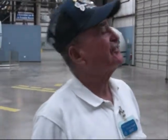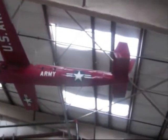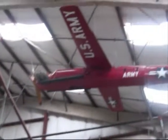Not many shot down. Well, this is a fake one? That's the target drone. It's the one they shot at. That's a target, and it was maneuverable. Radio control. Oh, okay. And if they shot it down, it's gone. Yeah, but most of them were not shot down. When it ran out of fuel, a parachute would open up, it'd land, they'd refuel it, and launch it again. Oh, so this is the giant